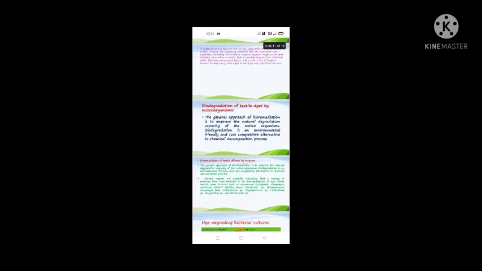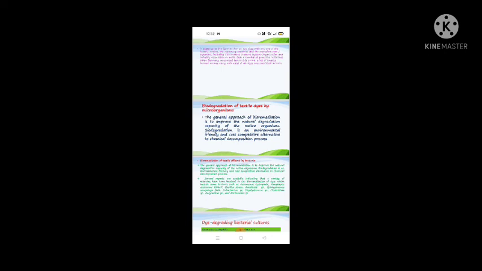Biodegradation approach for the treatment of textile effluent and dyes by microorganisms. The general approach of bioremediation is to improve the natural degradation capacity of the native organisms. The native microorganisms have the ability for biodegradation of textile dyes, various effluents and toxic waste. And biodegradation is an environmentally friendly, cost-competitive alternative to the chemical decomposition process, because